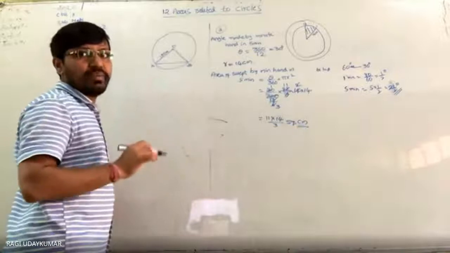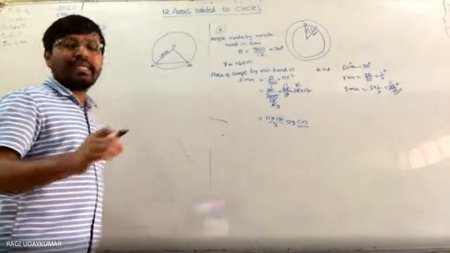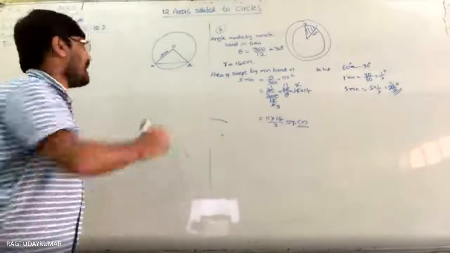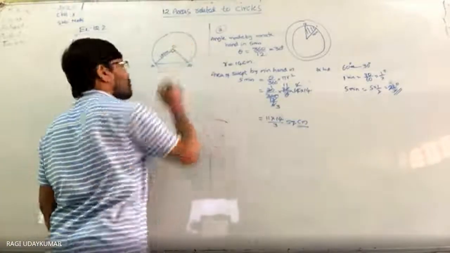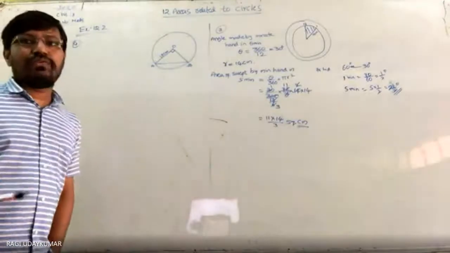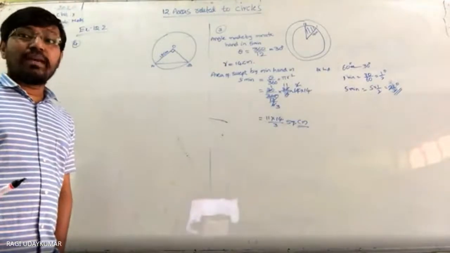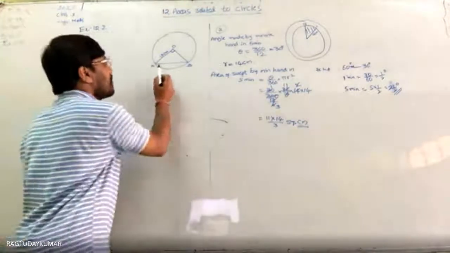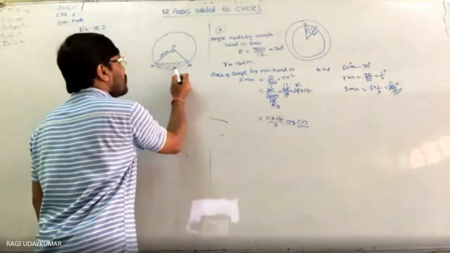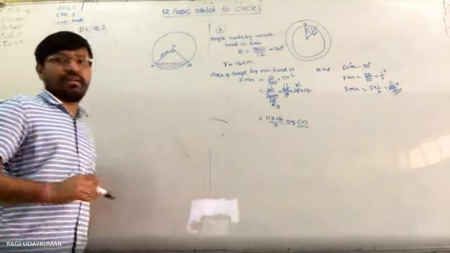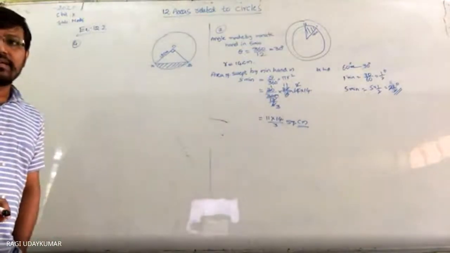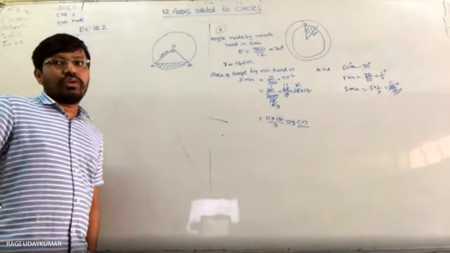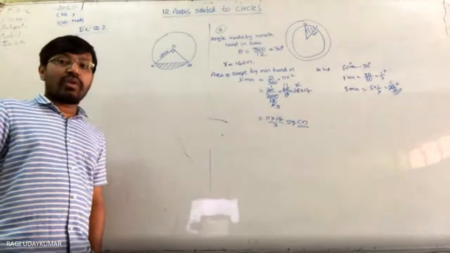The circle radius is 10 centimeters. It subtends a right angle at the center. So it says 90 degrees. This makes 90 degrees. So find the area of the corresponding minor segment. Here the segment area is nothing but the minor segment. This area is to be found. We need to find out this area. Minor segment and major sector, two things are asked. So what is the area of